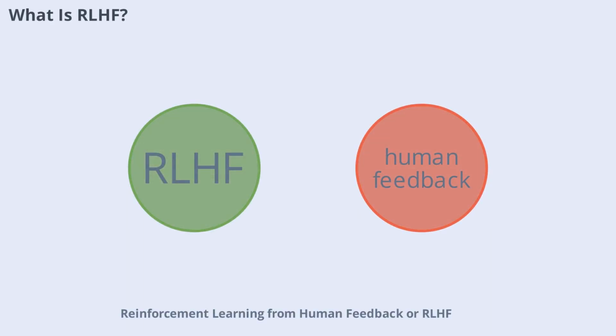Reinforcement learning from human feedback, or RLHF, is a method for aligning AI models with human values and safety standards. The process involves humans evaluating and ranking multiple outputs from a base model. A separate reward model is then trained to predict how a human would score any given output. Finally, the main model is fine-tuned using reinforcement learning techniques to optimize for helpfulness, accuracy, and safety, actively avoiding harmful or toxic responses.